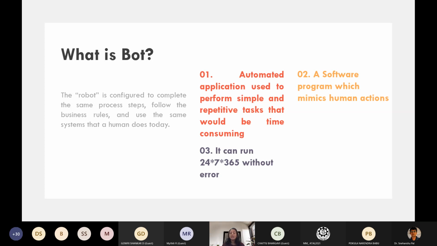The last one is that there are some bots which run automatically while the others run on the basis of